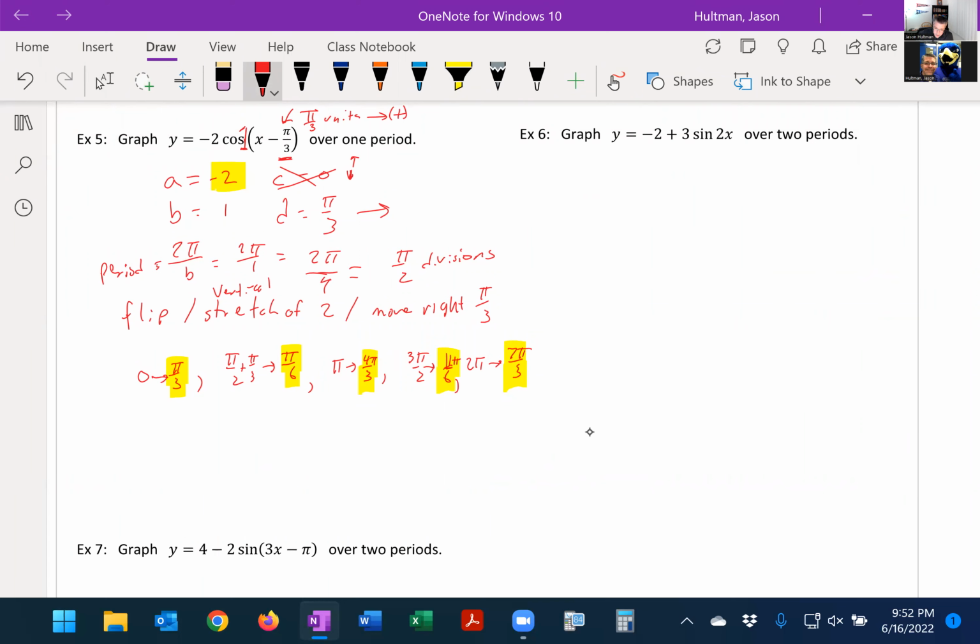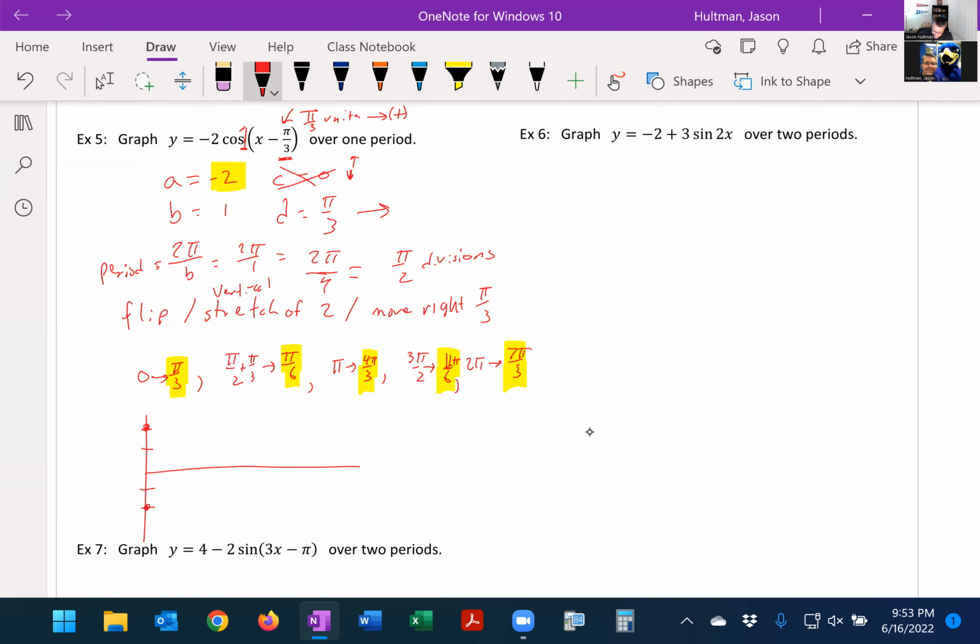So I'm just going to go by pi over 3 here. And then we're going to see what the net effect is. Okay, normally for the cosine, we would start here at 2, on the top, but we're flipping, right? Because we would normally start at 1, but then we're stretching. We're doing a vertical stretch of 2, and then we're going to flip that upside down. Okay, and so we're actually going to start at -2,